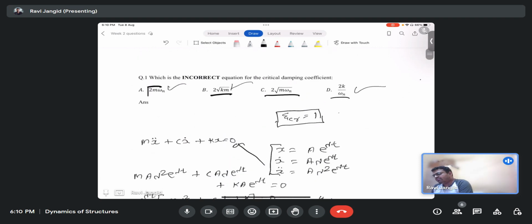So the only one left is the one I cannot represent my damping coefficient with: c is equal to 2 square root m omega n. So I can represent my damping coefficient in three ways by manipulating the terms, like interchanging k, omega n, whatever known values are there, and I can find it directly using critical damping, but I cannot represent my damping through this one. Okay,